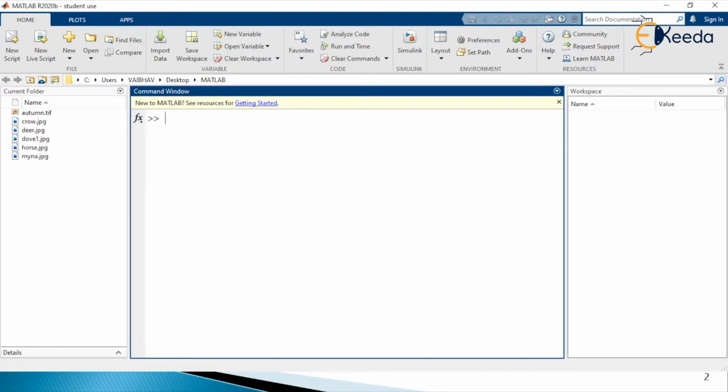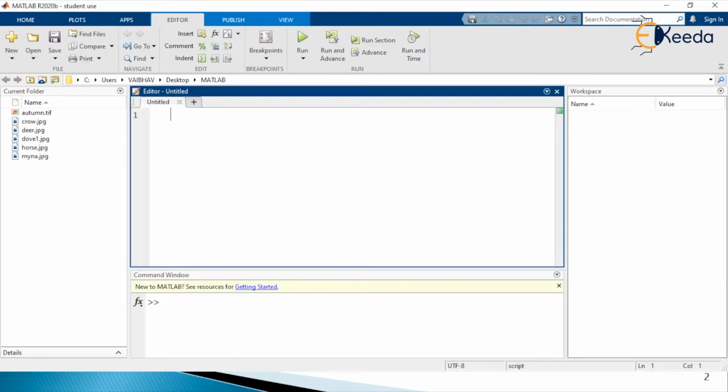For writing the MATLAB script, we require the editor window. So let us open an untitled editor window, and as a usual practice, I am writing the first line as a comment line mentioning the purpose of this program.